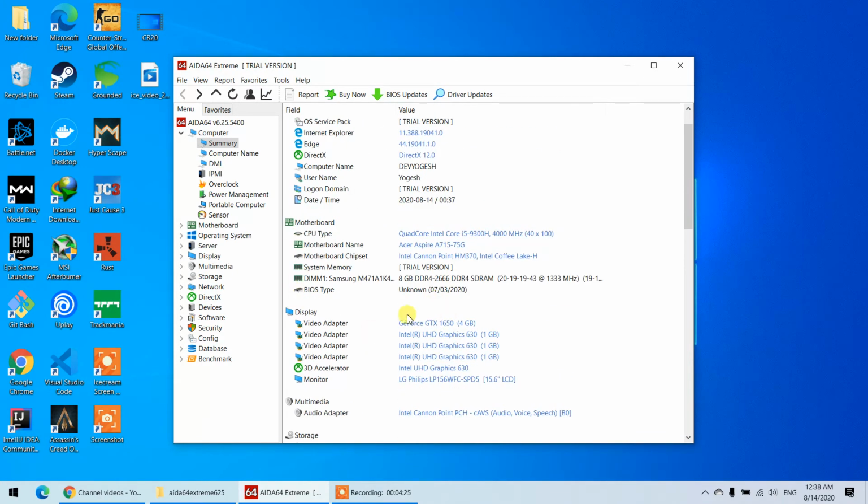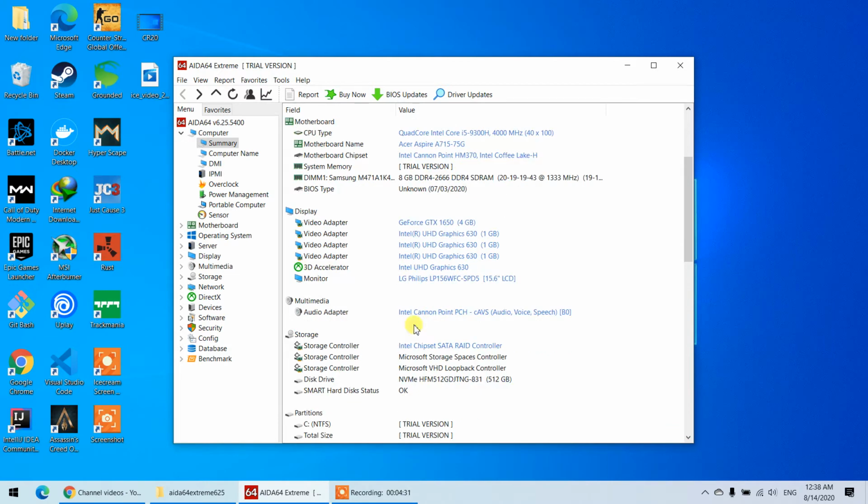And let me just focus on this. So where are we? We have seen the motherboard section completely. Then the display section, we have a GeForce GTX 1650 4GB graphics card, and then we have UHD 630, and you can see this is interesting. The monitor I have in this laptop is LG Philips LP. This is the model number, a 15.6-inch monitor,